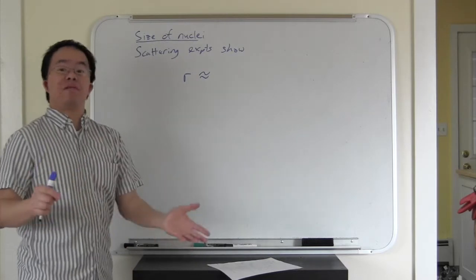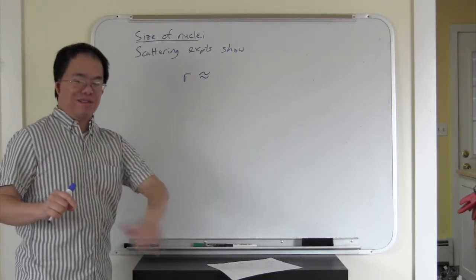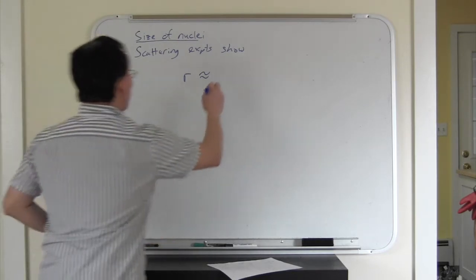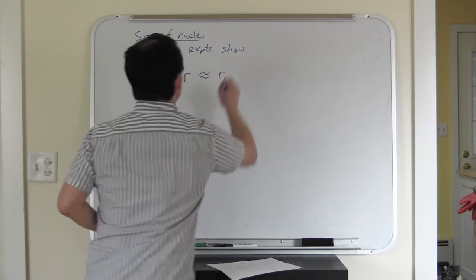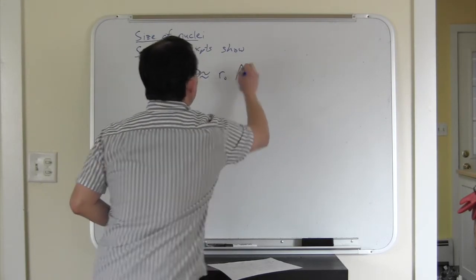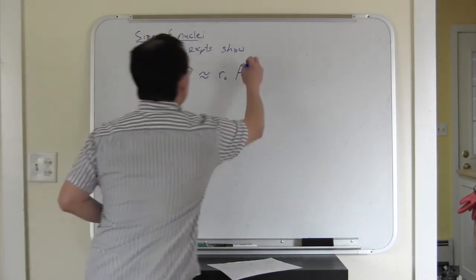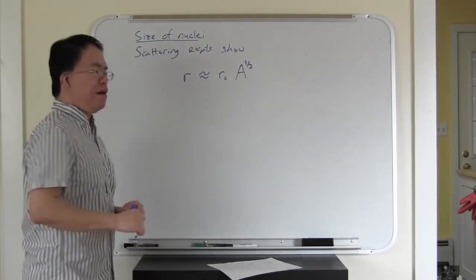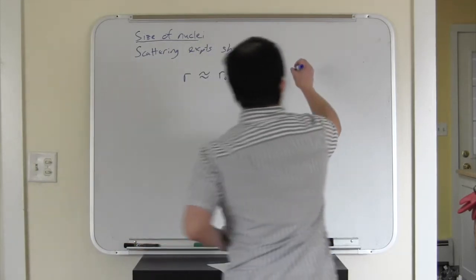This is an empirical relationship, not one that's derived from fundamental physical principles. It goes like a constant r naught times A, the total number of nucleons, to the 1/3, or the cube root of A, where